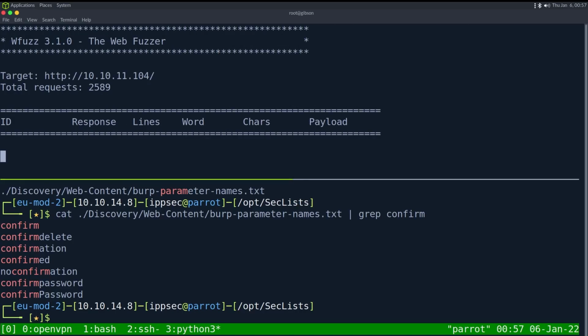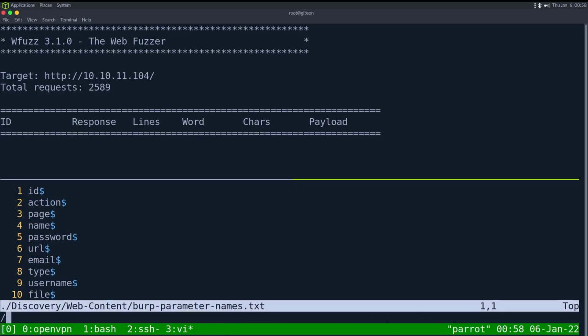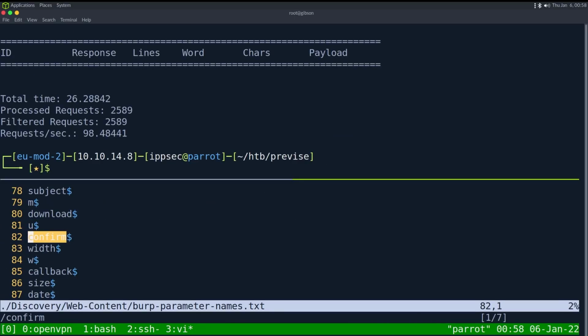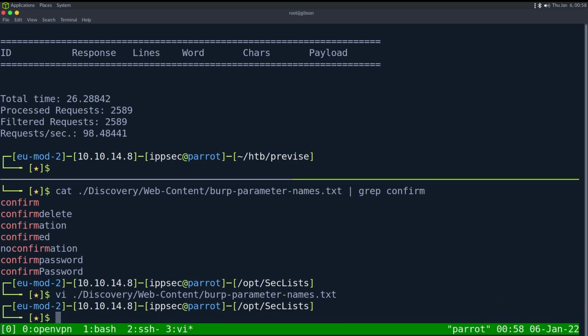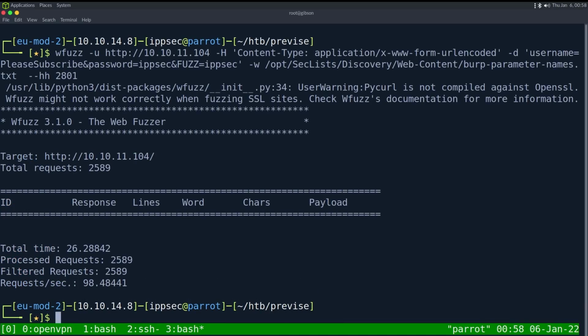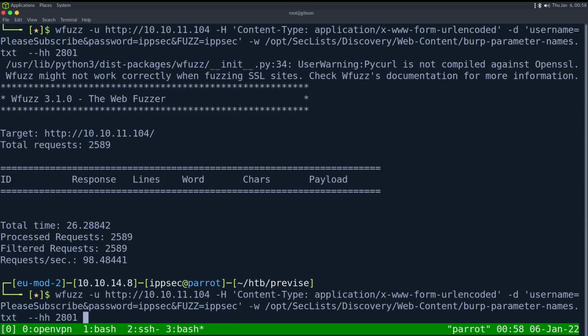And it is through 2 redirects, which is kind of what we expected. But we do expect once a parameter is hit for it to differ in the number of characters it outputs and to tell us. And it is not doing that. Let's see. Where is confirm in this? vi, confirm, line 82. So it should tell us almost immediately. So we have an error. So I wonder, let's see,